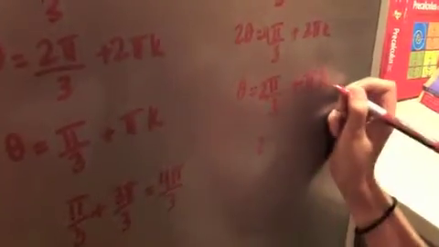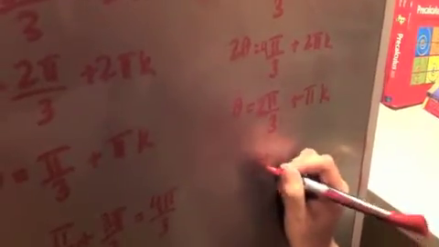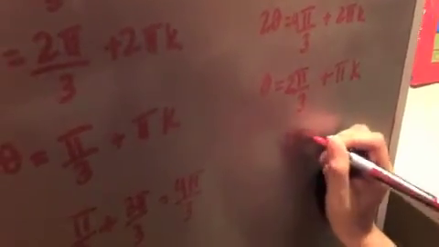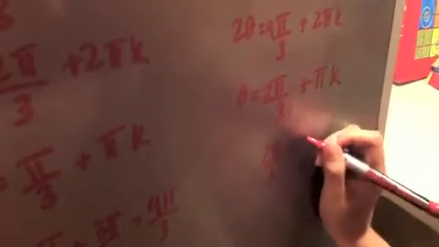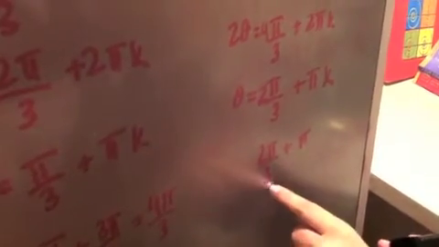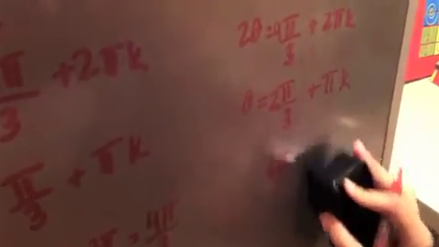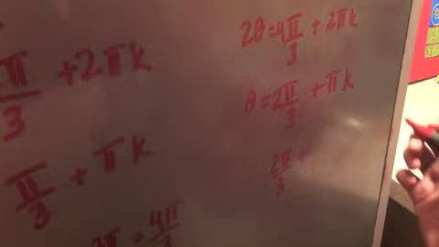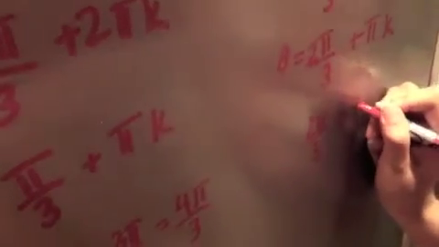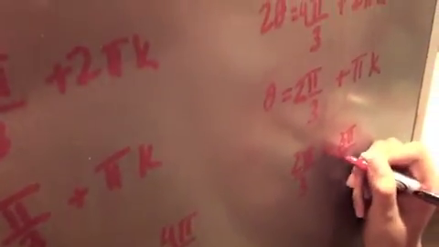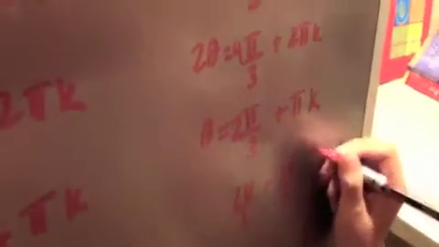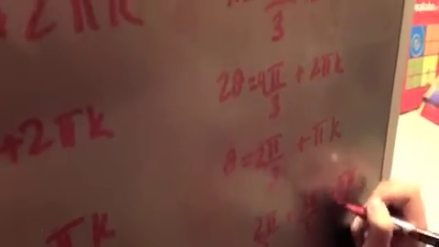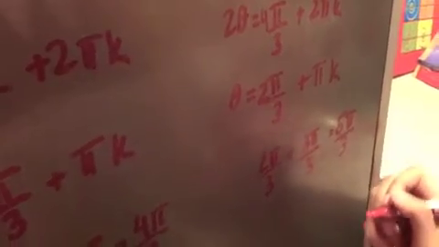So, if we plug in 1 for this k, that would be 2 pi over 3 plus 1 times pi is pi. However, if we want this to have a common denominator with this, we would multiply the entire thing by 3, and that would become 3 pi over 3, which equals 5 pi over 3, which is another possible value because it's within 0 and 2 pi. So let me write that down over here,